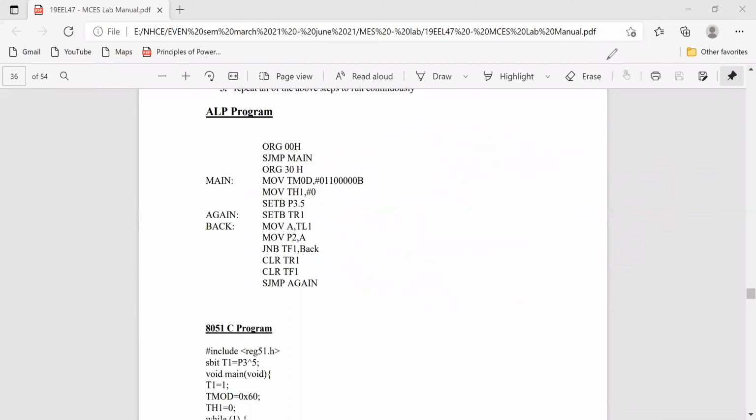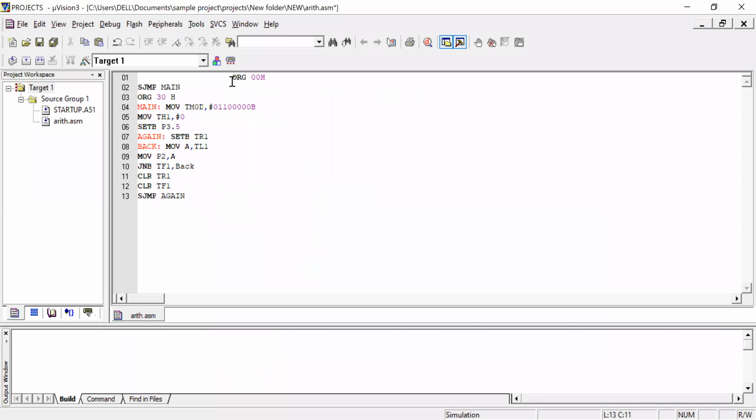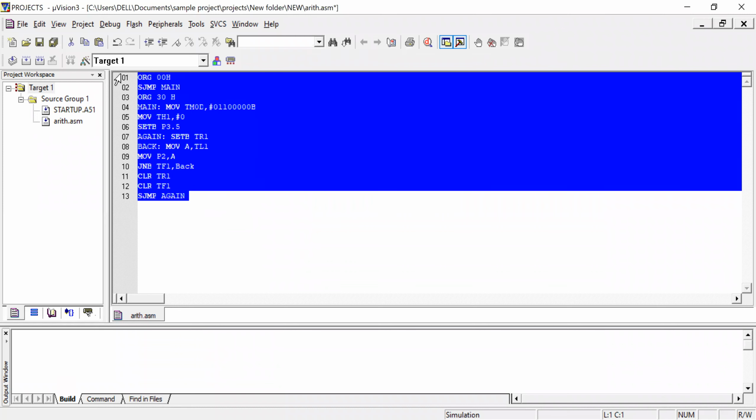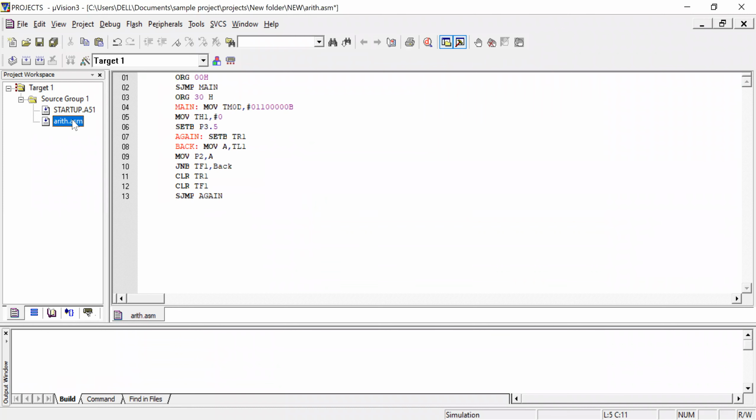Right. I will try to take the program and execute it. Okay. So here I will paste. Here you must be careful that the file you have opened should be a .asm file, because we are writing an assembly program for counter operation. Also always put the label at the left corner, it's better. So there won't be any error. Otherwise, sometimes it will throw an error.